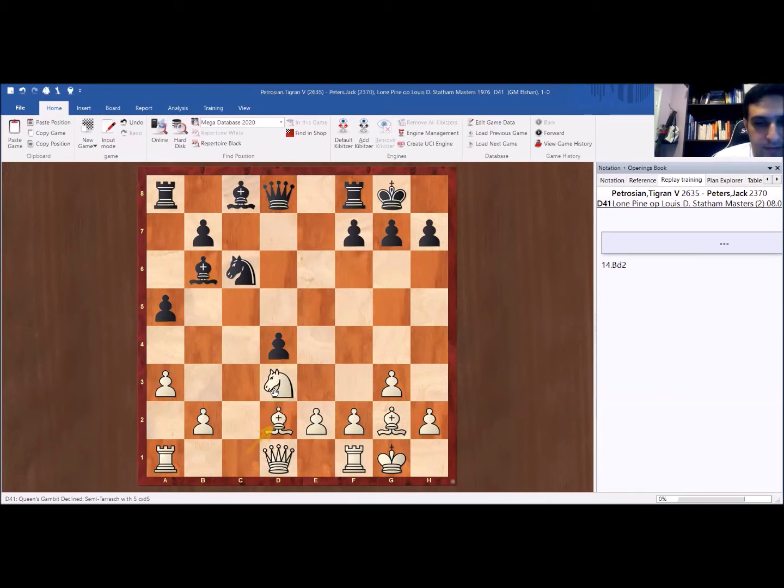Now he has to develop: bishop d2, rook e8, rook e1, rook c1, bishop g4, rook e1, rook c8, h3. Now the bishop has to go back to f5. This move is forced, because otherwise it runs into knight f4, and then you get the two bishops. I mean, yes, we want the blockade, but two bishops is also good. So bishop f5 was played,